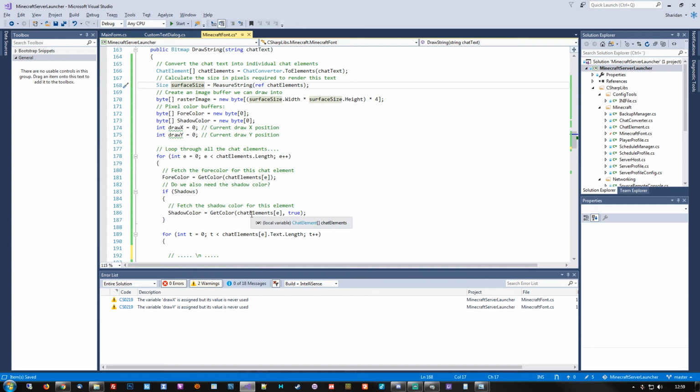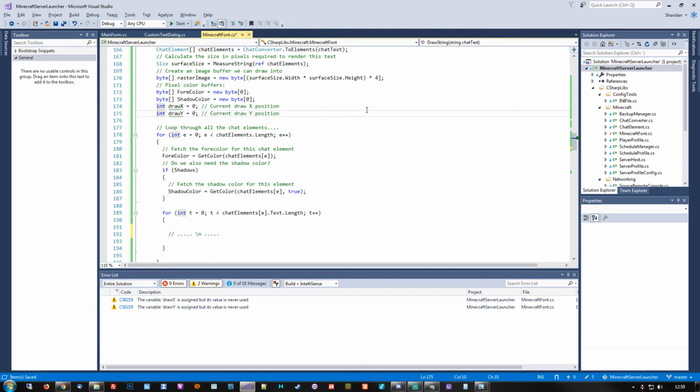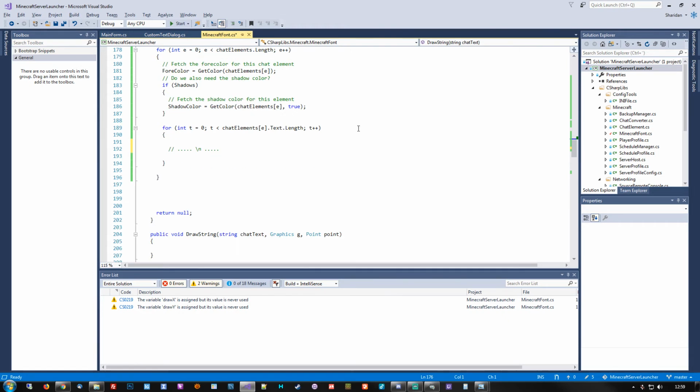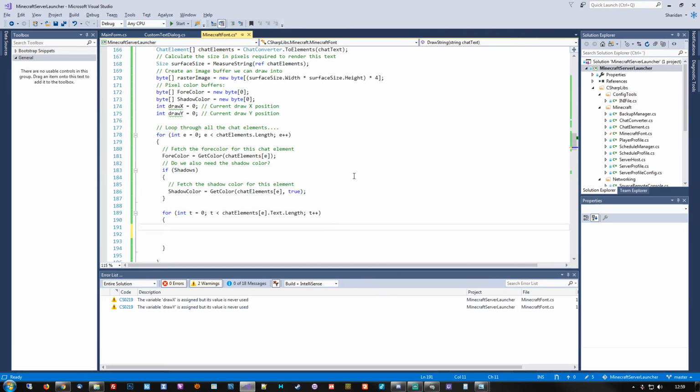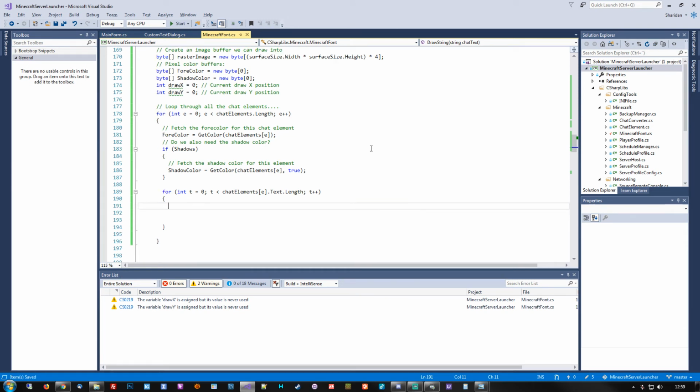When we do this rendering, of course, we also need to be able to correctly Y position the text that we are rendering. That's just for future support, and also because it makes it a little easier to just have the variable that points to this particular location. Okay, so